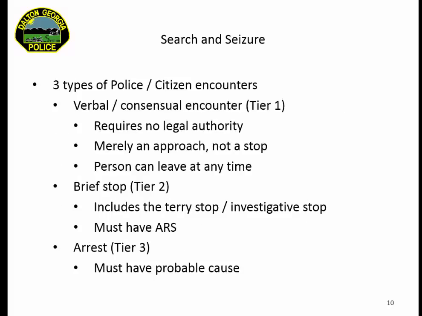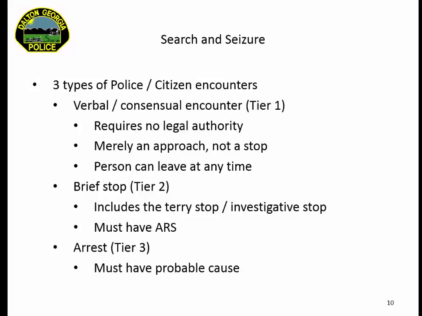The 3 in the 234 rule discusses the 3 types of police-citizen encounters. And this is something that gets a lot of officers around the country in trouble, because we end up stepping over one of these tiers, and we'll go from what would be a Tier 1 encounter or a consensual encounter, and all of a sudden we turn that into a Tier 2 and maybe even a Tier 3 depending on the circumstances. And a lot of times officers get confused on what their legal authority is.